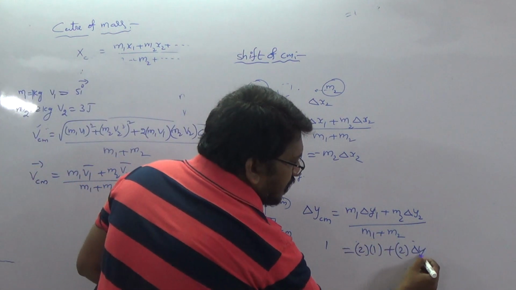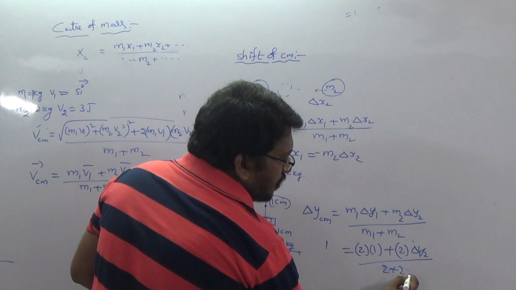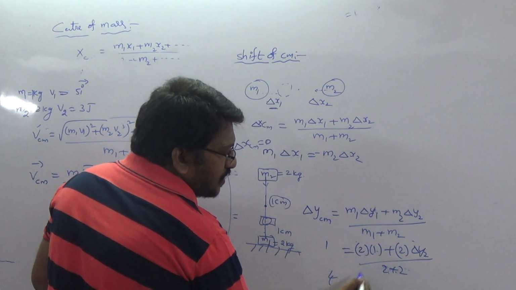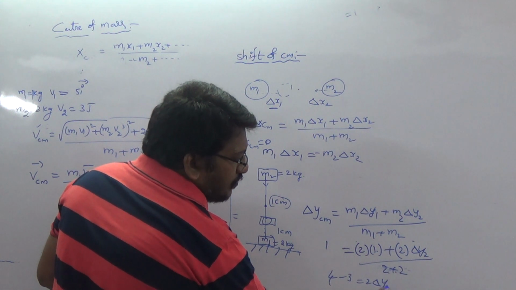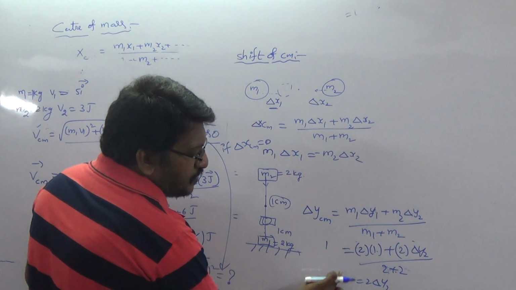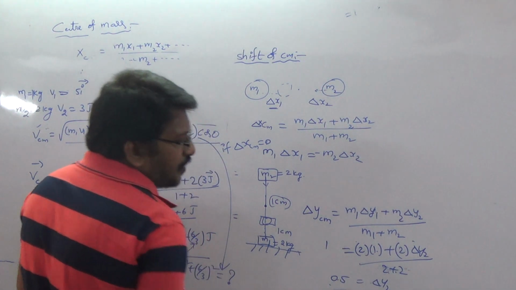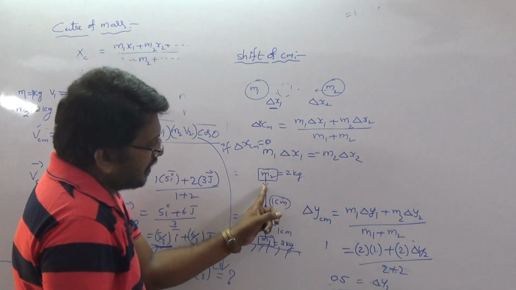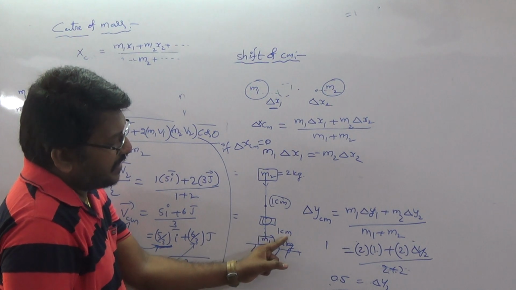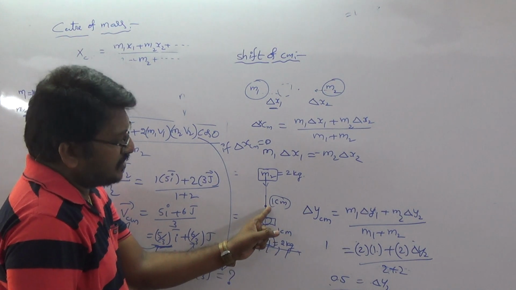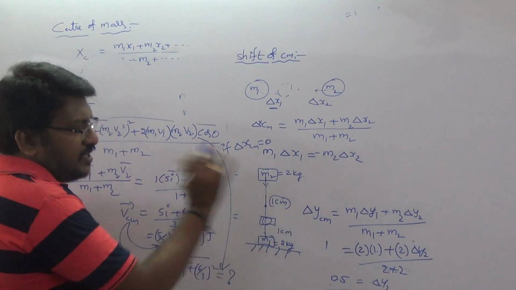So we get here delta y2. By m1 means 2 plus 2, from that 4, 2 plus 1, 3. That equals 2 delta y2, 1 by 2. 4 minus 3, 1 is 2 delta y2, 1 by 2 is you get here 0.5. So the second body is displaced by a distance of 0.5 when the first body rises by a height of 1 centimeter, such that the shift in center of mass is 1. So that is the concept.